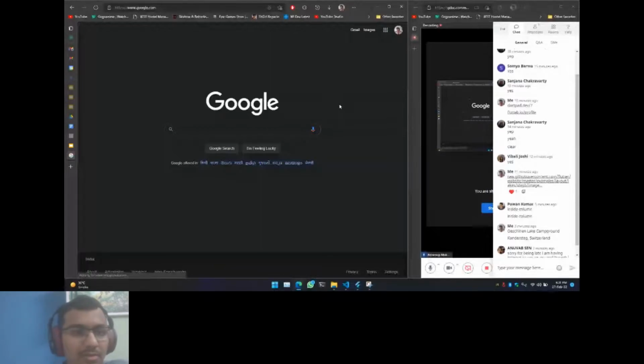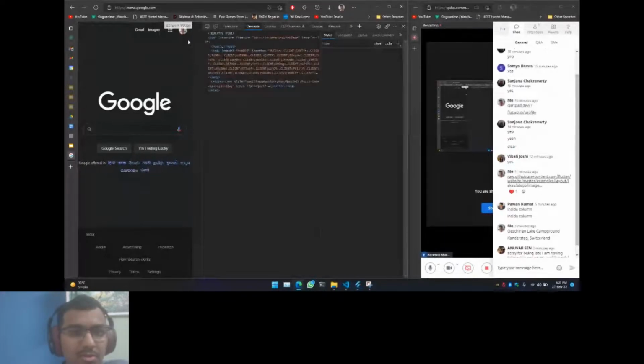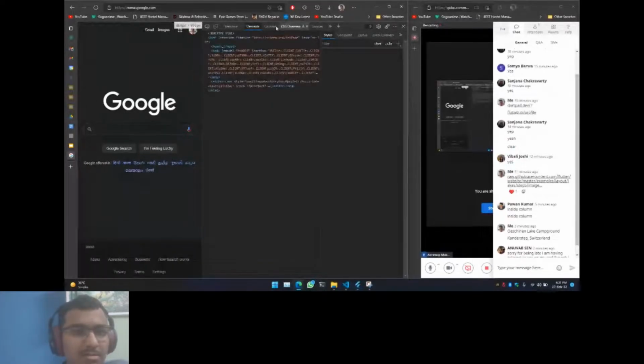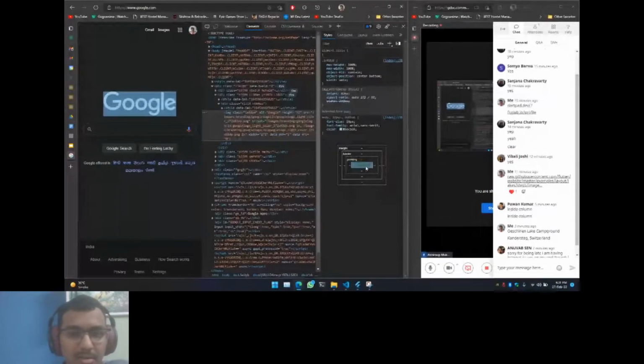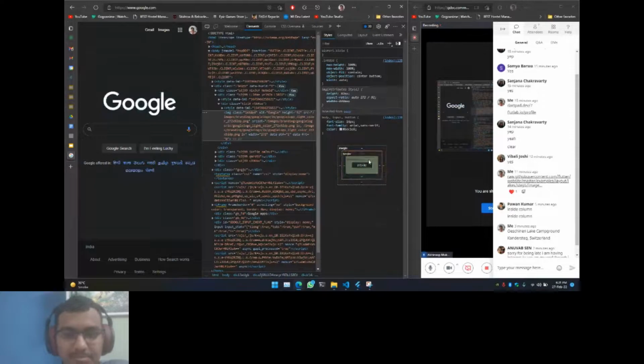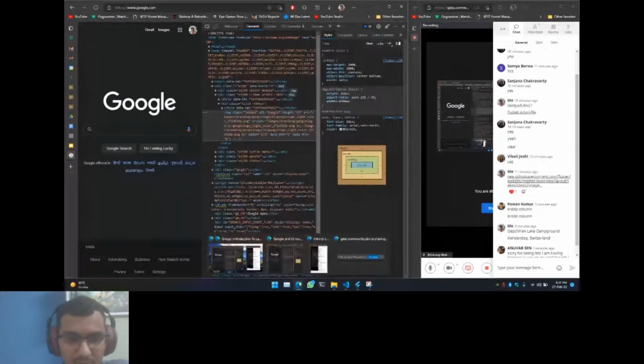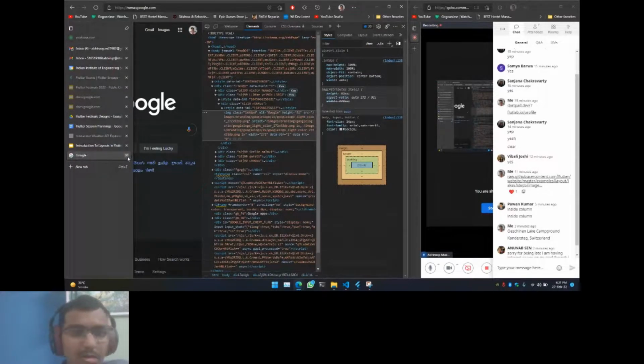What we will do in Flutter is very similar to what we do on the web. So in elements, let me select this image. You can see that this is the image. There's a padding, then there is a border, then there is a margin. So coming back to the Flutter page,